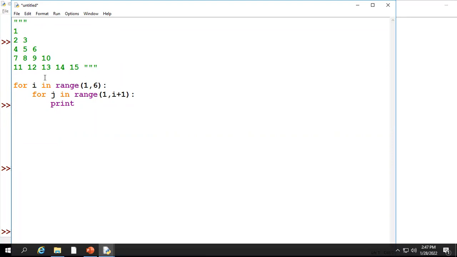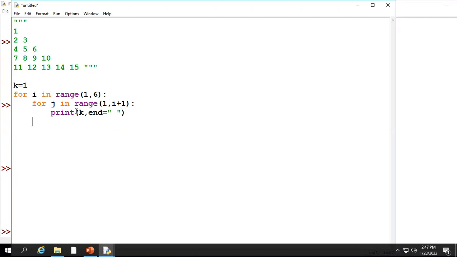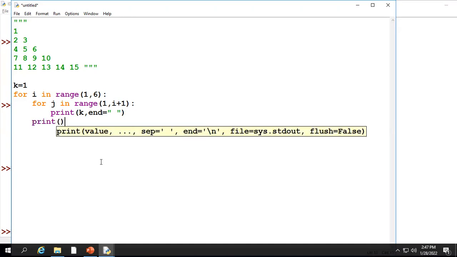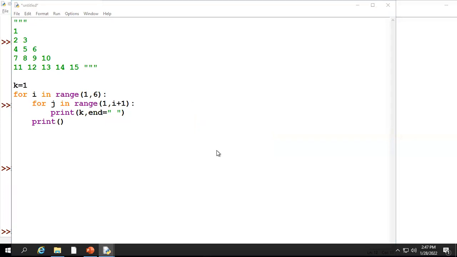So it's better you take a different variable K. Okay. And K we have started with 1, because what is the starting point here? It is starting with 1 only. So we started with 1. And what if I display K, and equal to, we are giving the space. And after exiting from the inner loop, we have a new line to display. Okay. Now, if I run this module,